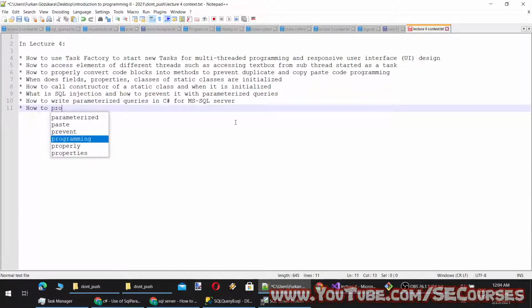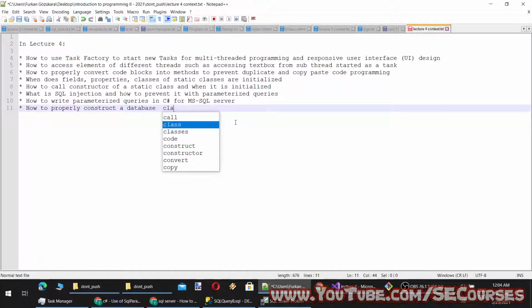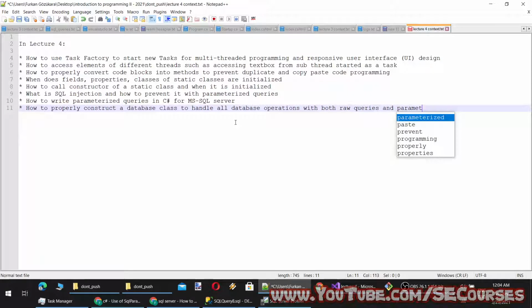How to properly construct a database class to handle all database operations with both raw queries and parameterized queries. Okay.